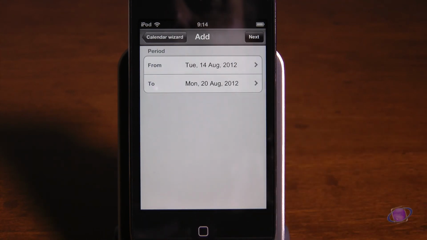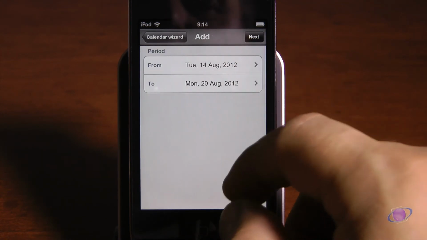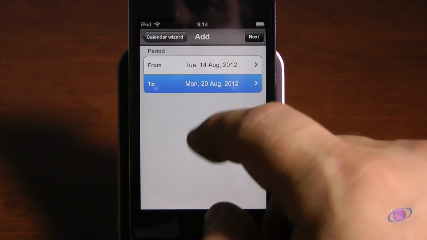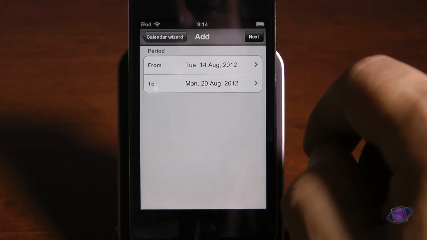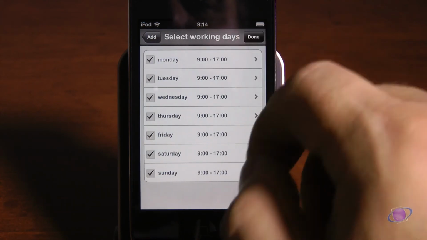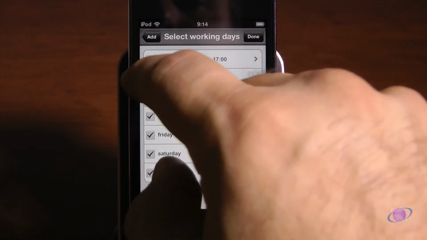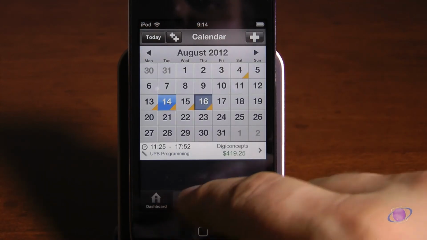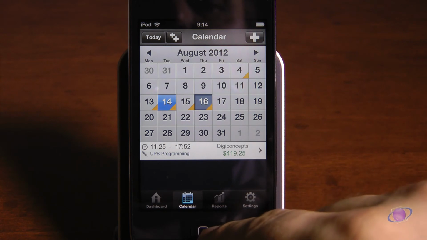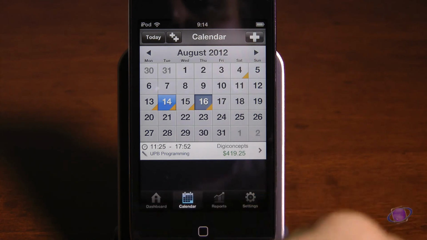So just for instance, if you hit add here, it'll walk you through the steps for adding to and how much time you want to add to and from, and what days you worked, and then you would just select done and you would be all done. So let's go back. Now, once you've entered the time worked, you want to see how much money's owed to